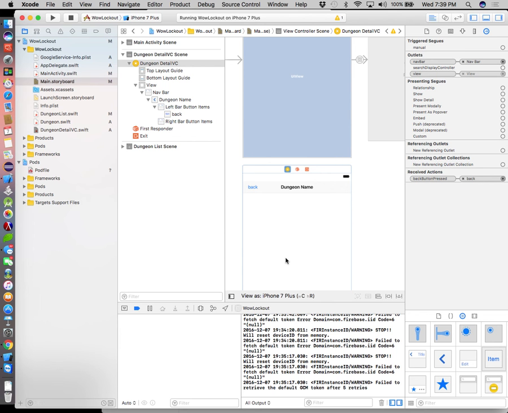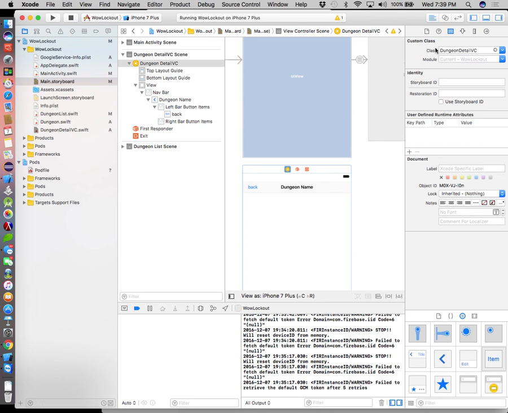We do it using the storyboard. So we design stuff out here in the storyboard, and then we ask the storyboard to go ahead and create for us an instance of one of the things. So what I'm going to do here is I'm going to use the same name as the class name, but I'm going to come down here to where it says storyboard ID. This is the unique way of identifying this guy with a unique storyboard ID. Okay, so now that I know how to talk to this dude, I'm going to go back to our dungeon list,